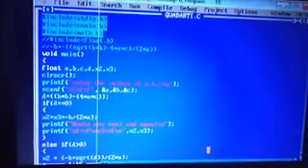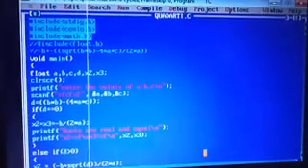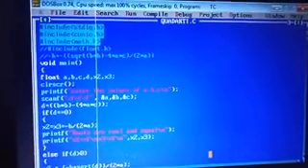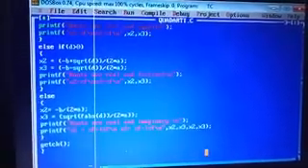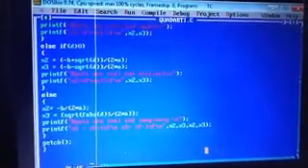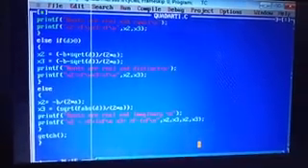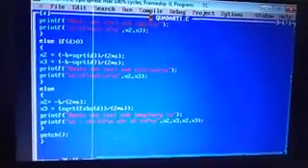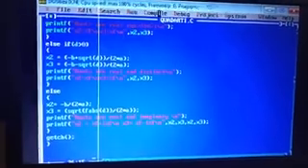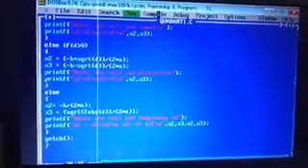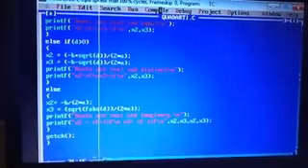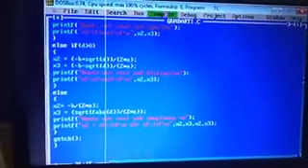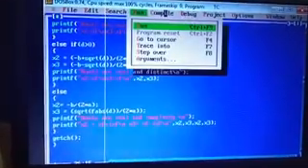This is what we got: hash include stdio.h, conio.h, math.h, including the libraries, and we are checking with the if condition whether the roots are real and equal, real and distinct, or real and imaginary. Let us run the program. Before running I need to compile the program, so I am compiling it to check whether errors are there. Now no errors, so I am checking.